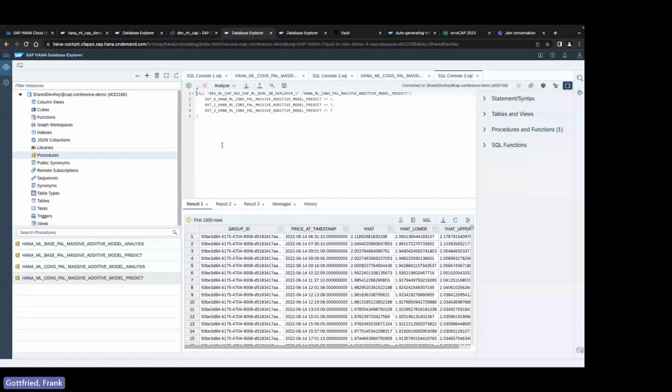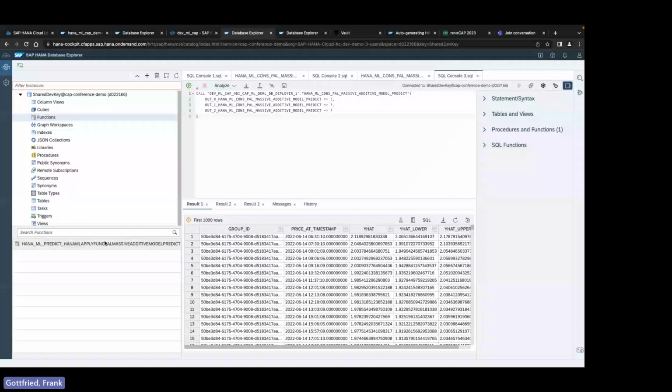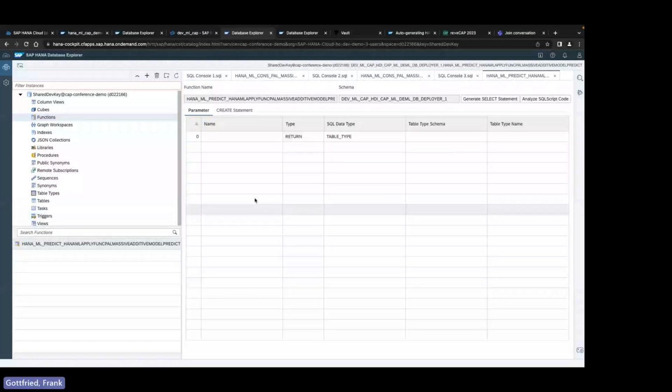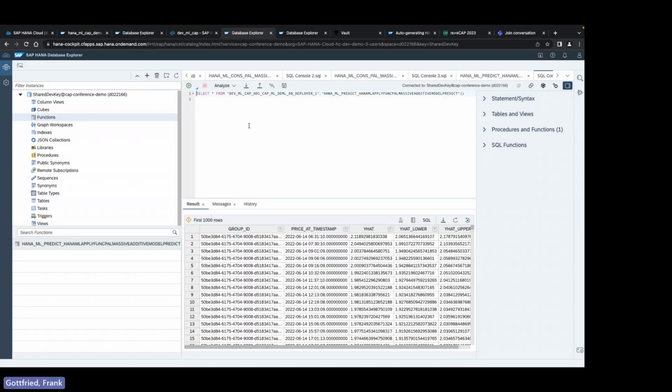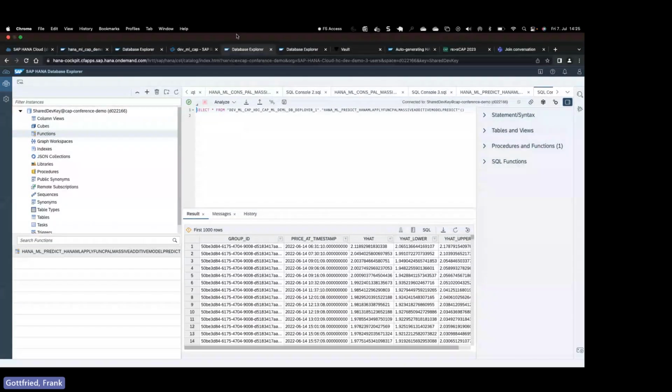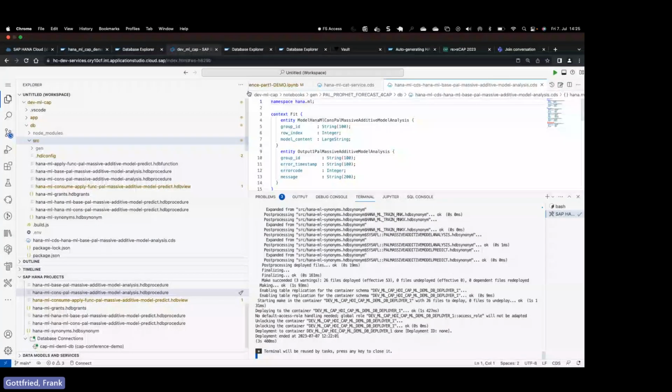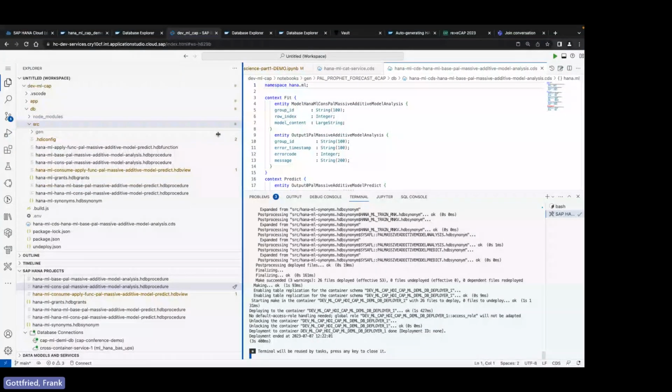Okay, all good. Last thing which I need to validate is the function. There was also a table function in the code. So let's see if that is there. Okay, table function is also here. And I could now go in and say generate select statement. It's a table function, so you would call it with a select. I could execute, and then again I should see the predictions. Okay, everything seems to work well. Now I can go back to my CAP project,